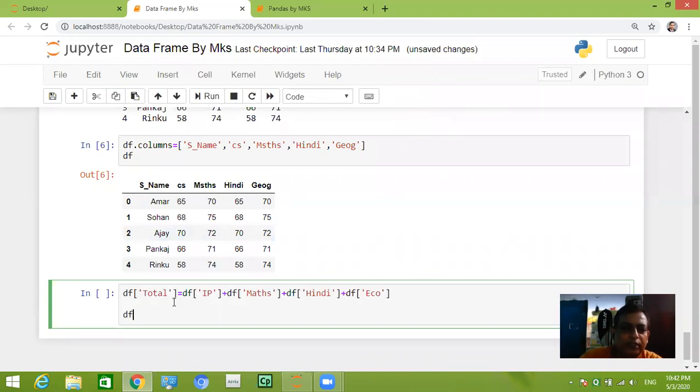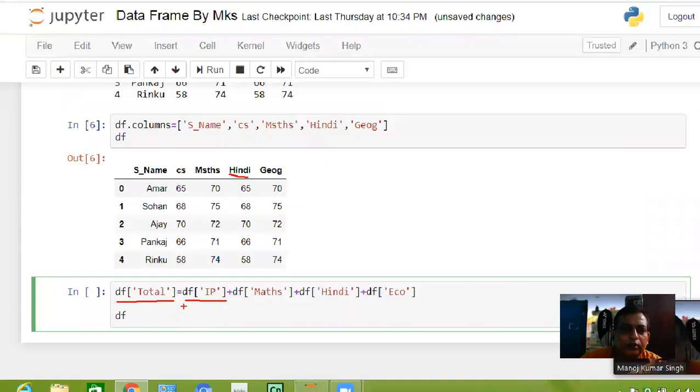We will write like this: df total, it will create a new column, and df ip, meaning ip here, cs, so we will change it, then math, then geography. So here we have to give the new column names.